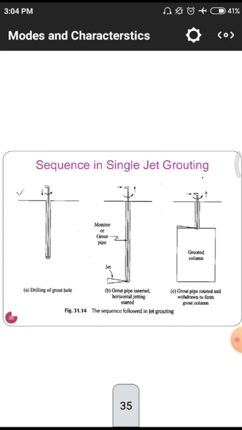How will they do this jet grouting? First of all, they have to go for injecting this jet pipe. After the injection of the pipe is over, they have to fix a jet pipe at the bottom, so that there will be a complete flow of fluid from top to bottom. On the third scale, what they have done is they are simply filling these jet materials into the case.